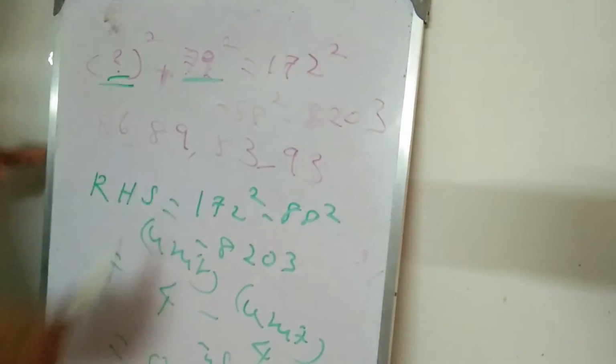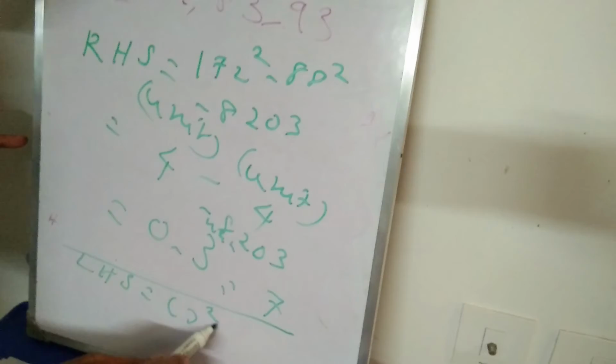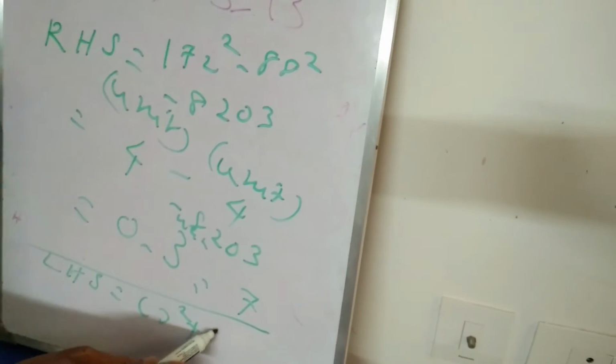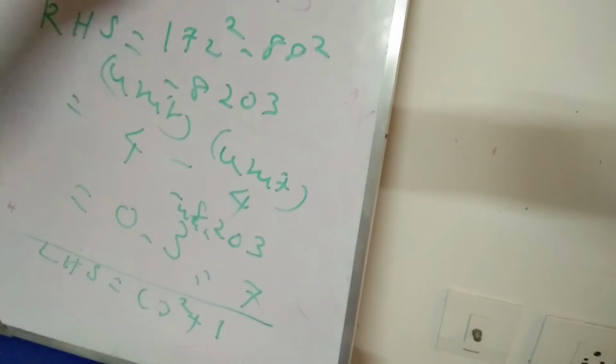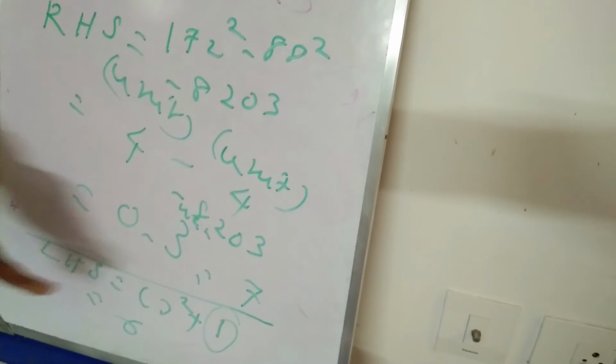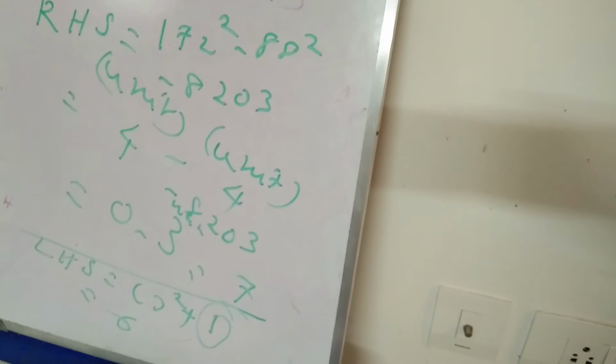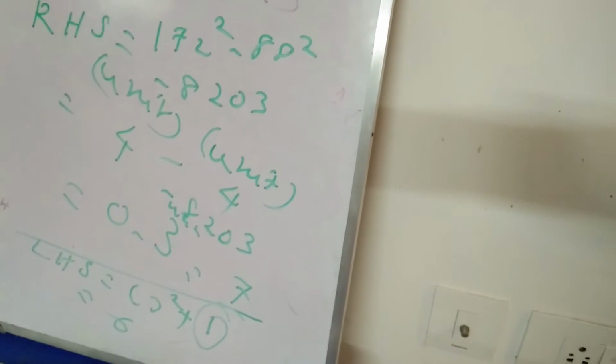Now, what will be the unit place here on the LHS? Anything squared plus 9 square: I am telling only the unit place. 9 square ends in 1. So here the square should end in 6, then only the answer will come as 7. That is, whatever we are squaring, its square should end in 6. So you see this one.